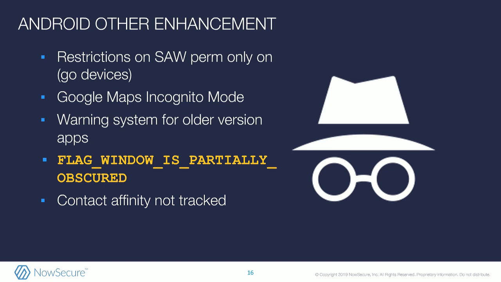The other thing that's coming out too, and I really like this one, is a warning system for older versions of apps. So if you're downloading an app and it's on an older version of the SDK because it's just grandfathered in and it hasn't updated in a year and a half now, you're going to get a warning message that says, hey, this is running an older version of an app. The minimum they're calling is SDK 22, which was before they actually required the app developer to